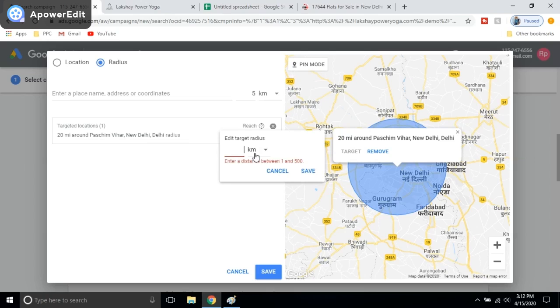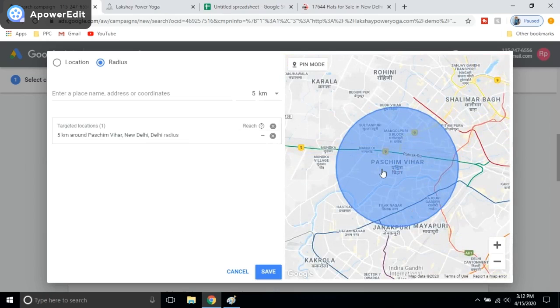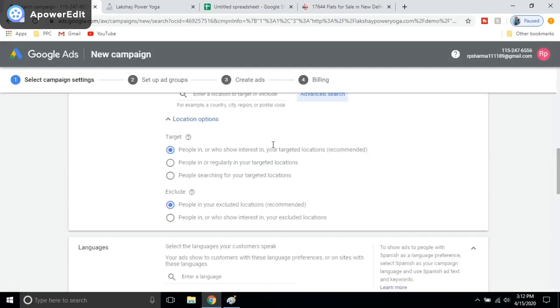Here we will make it 5 and then save. Here we can see on my right-hand side the areas in which Paschim Vihar will show my ads. So these are the areas which will be covered by my ads. We will save it and proceed.